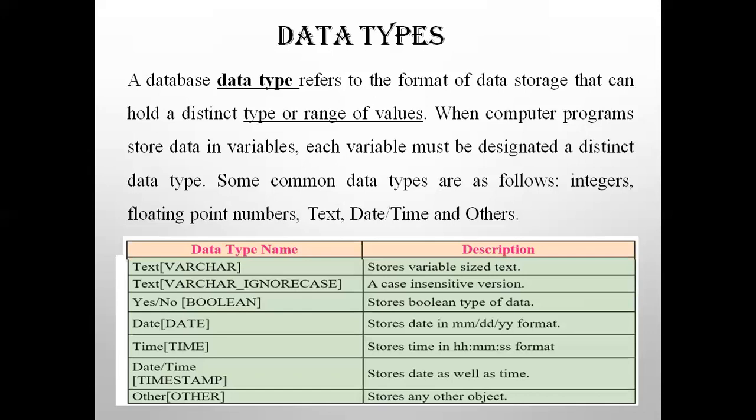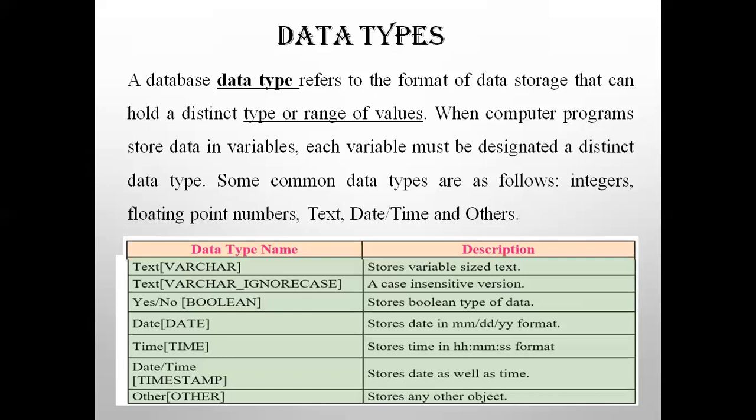So these were the two types in the text we will be using. Next is the date and time. There are again three things here if you want only date, only time, or both. So date and time defines the fields that track the date and the time. These three types, the date, time, and the date and time, they differ in the content which they contain.